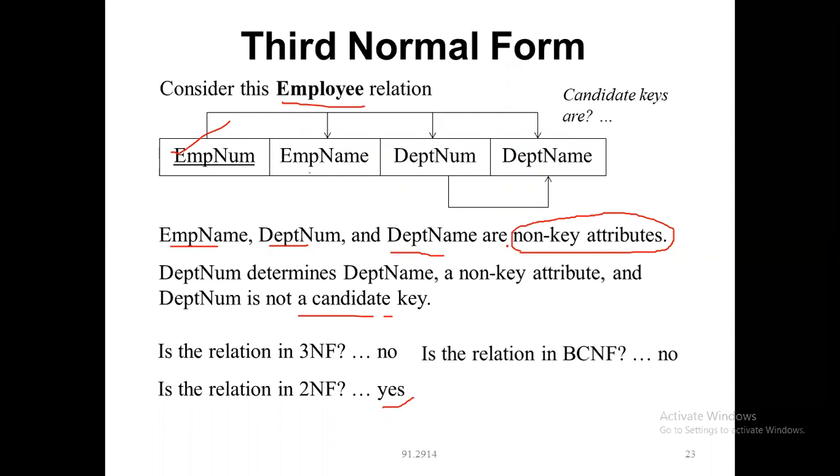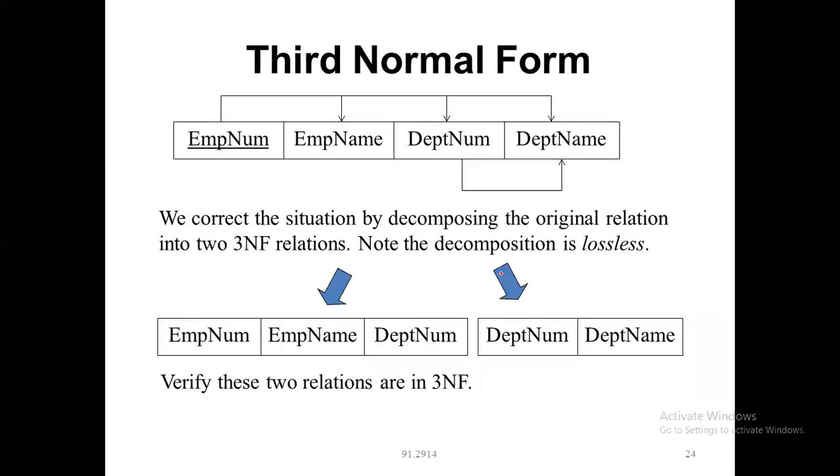Now, how I'll be going to convert into a third normal form? Again, I have to split this into different parts. See, this is what the question we have. So, what we have to do the correction for this, should not lose the data. Without losing the data, we have to separate this. So, what I'm doing, I'm taking the employee number, employee name, and department number, and department number and department name. Now, this can be candidate key, and here this can be a candidate key. Okay. So this will be going to link this one based upon it.